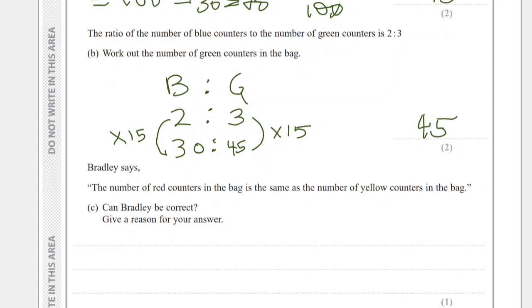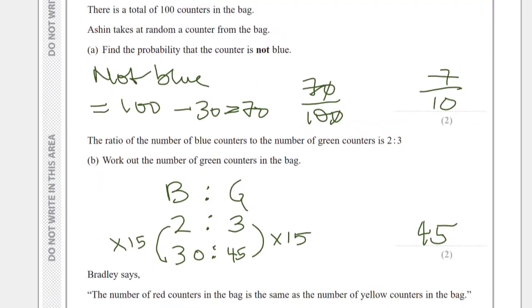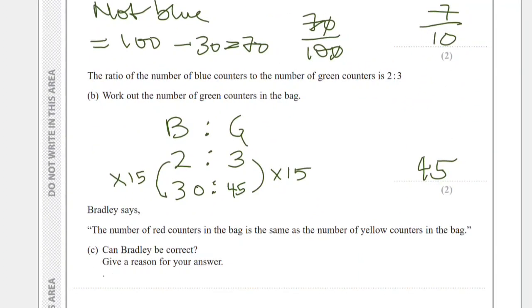Bradley says the number of red counters in the bag is the same as the number of yellow counters in the bag. So how are we going to know if it's correct? That will be 30 plus 45, which equals 75. So 100 minus 75 is 25. So Bradley is wrong